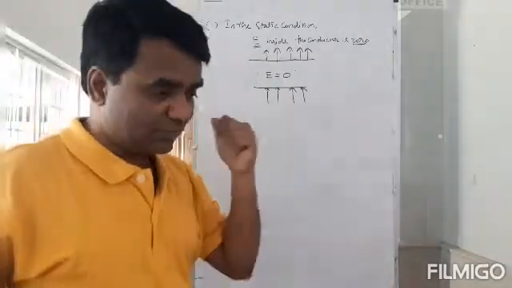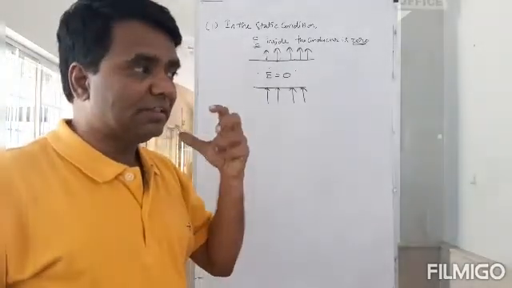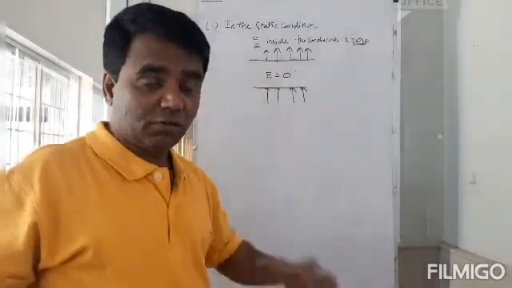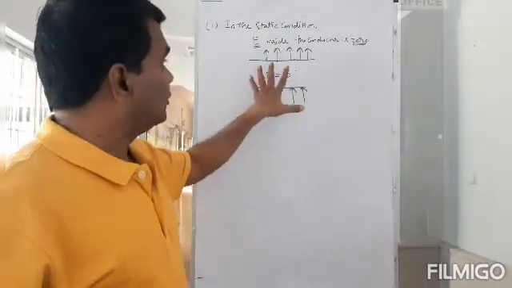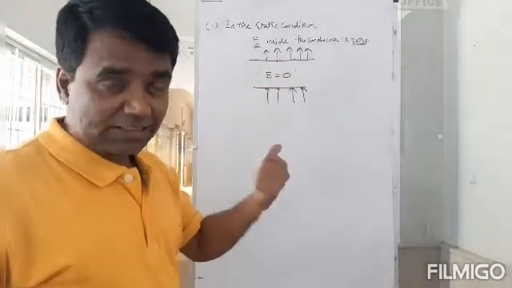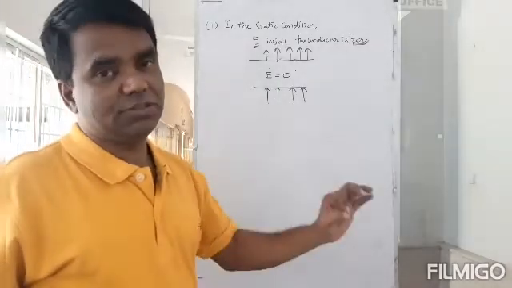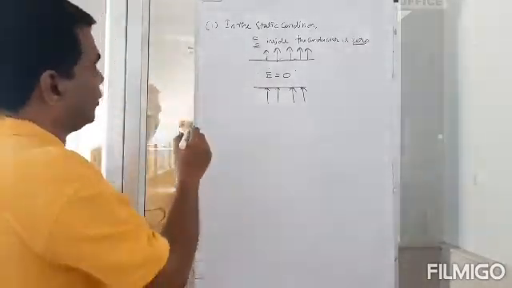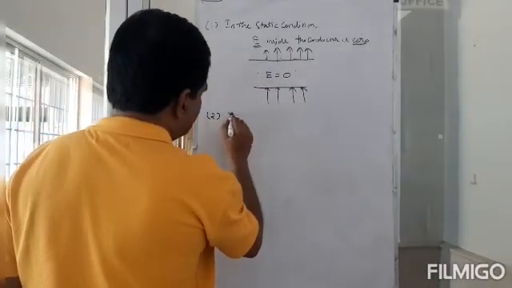So whether you have a neutral conductor, or you are keeping it in an electric field, or you bring a charge near it, or whatever you do, one thing is certain: the field inside the conductor is 0. That's the first point. And the second point is this. The field